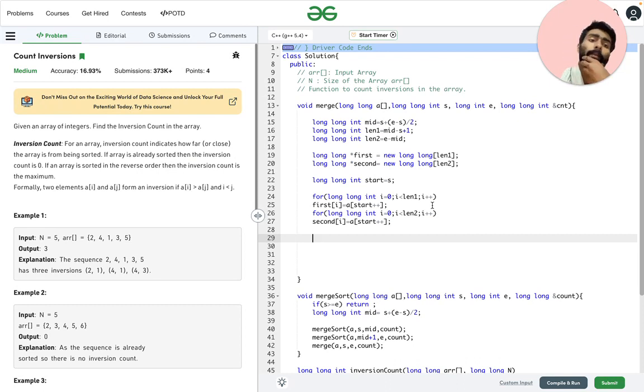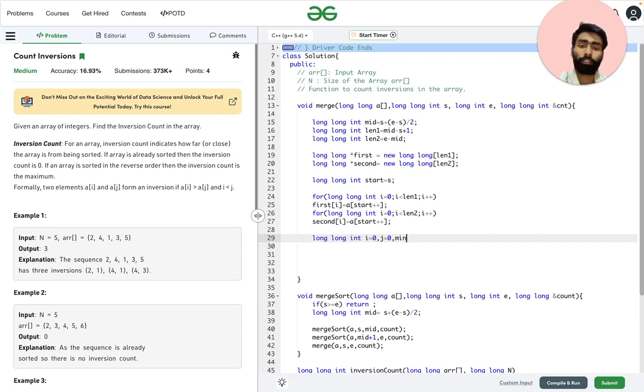For the swapping, we will use the while loop, and we will need two variables, i equal to 0 and j equal to 0, since we have two arrays and we need to iterate over them.